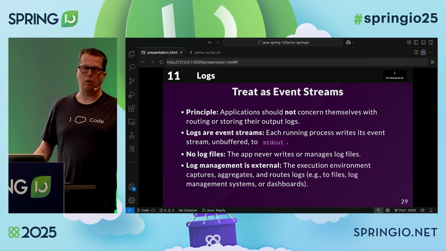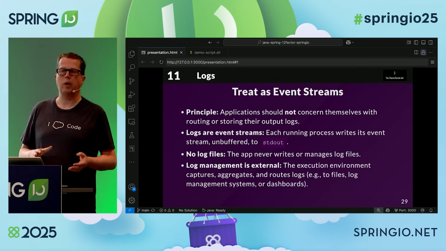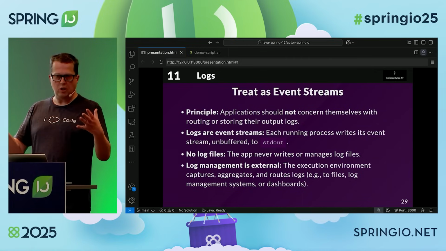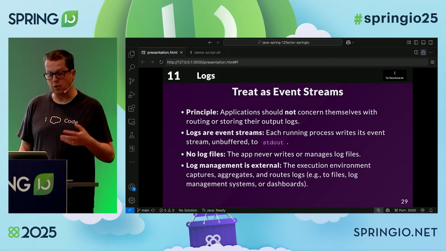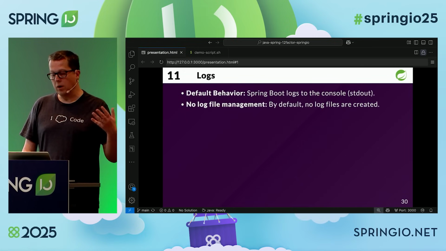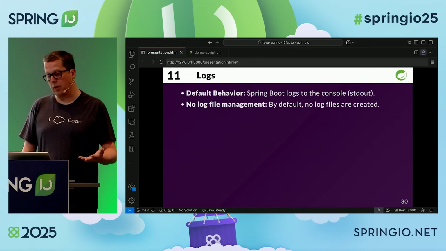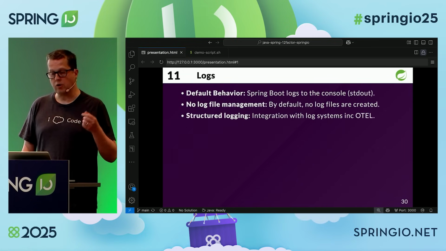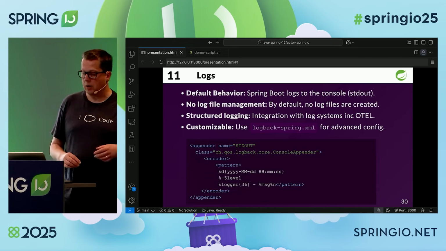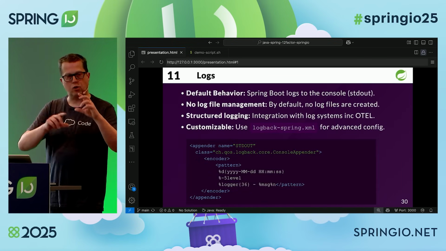In our case, we don't care about managing our logs, but make sure that you can plug Papertrail or Log4j or other log systems into your application with ease, and that's obviously another environment variable. So with Spring Boot, you can configure those logs. They go to stdout. There's no log file storage with Spring Boot, but you can use logback-spring.xml to configure that structured log